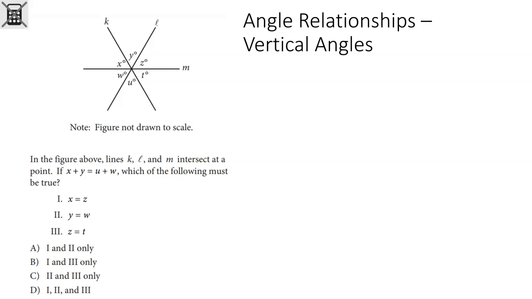We have a figure drawn of 3 intersecting lines and some angles labeled. What's important to note